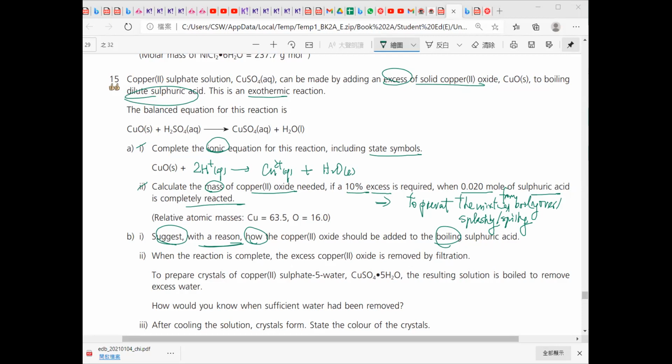Any suggestions? Some suggestions, right, to prevent the boiling over, the splash and the spilling. Any suggestions from Cameron students? 羅力喺咪度？喺度喺度。係啊，知唔知條問題問咩？